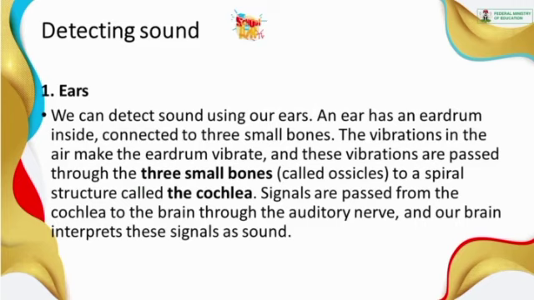Now these vibrations are passed through these three small bones called the ossicles, to a spiral structure called the cochlea. Signals are now passed from the cochlea to the brain through the auditory nerve. Through the auditory nerve, our brain interprets these signals as sound. So this is just a very brief summary of what happens when we hear sound. The eardrum vibrates when sound gets to it. Now it sends that vibration through the three small bones in the inner ear, and then from the three